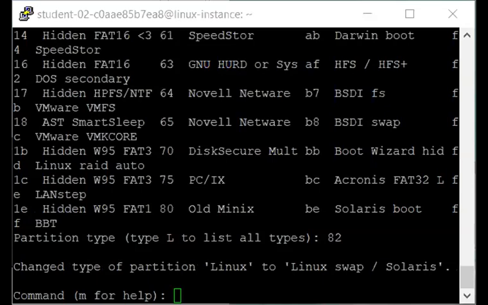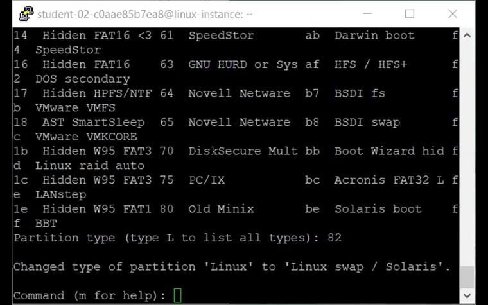Up to this point, you have just been editing the partition table in memory. You can use the Q command here to quit fdisk without committing changes to the disk. You can also update your partitions by using the D and N commands, that is the delete and new commands, to remove and add new partitions. You can also use the V command to verify your changes before proceeding. If you are satisfied with the changes you have made so far, you can commit them to the disk by using the W command.